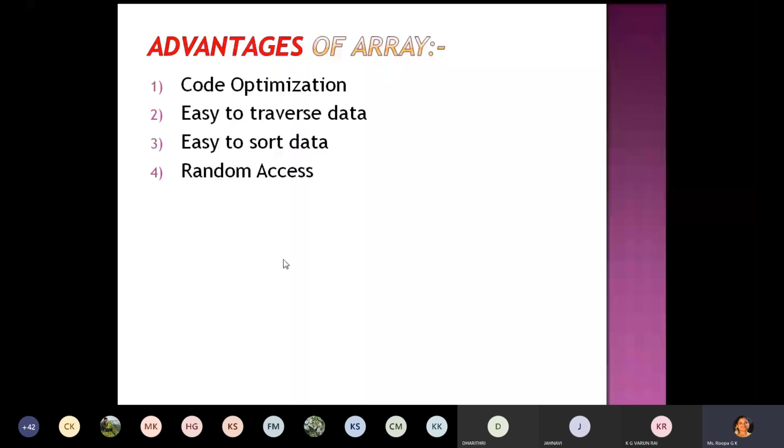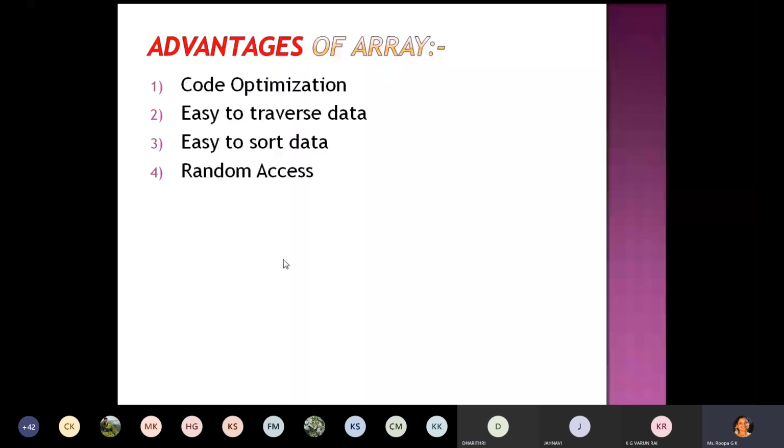Then second and third, they are related. With respect to arrays, it is easy to traverse the data as well as easy to sort the data. Sorting: bubble sort, quick sort, etc. Traverse the data means just going through the data elements of the array. Why?